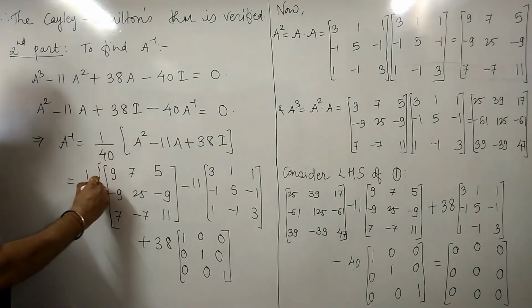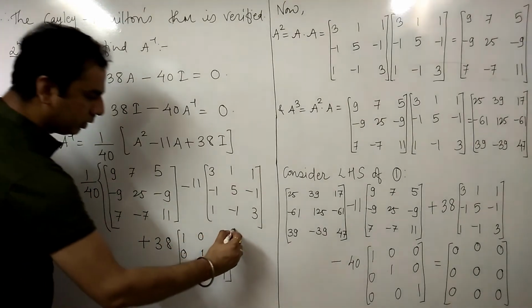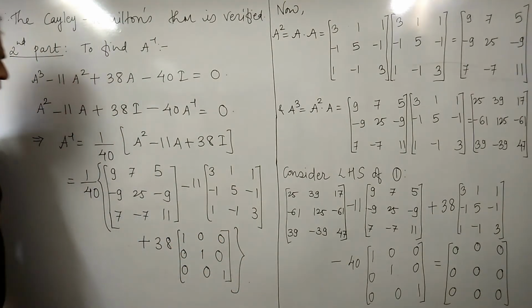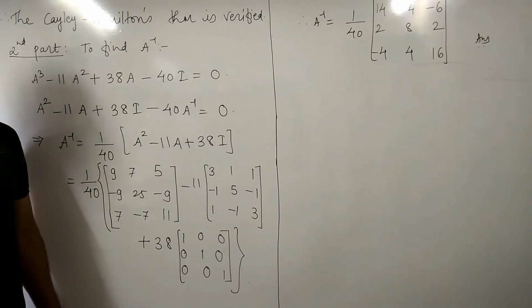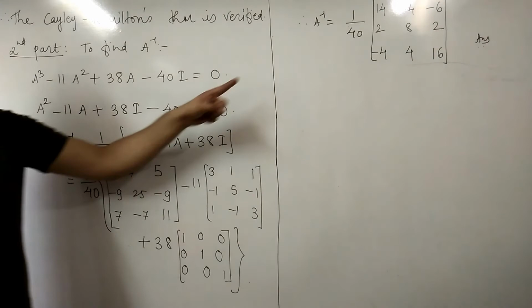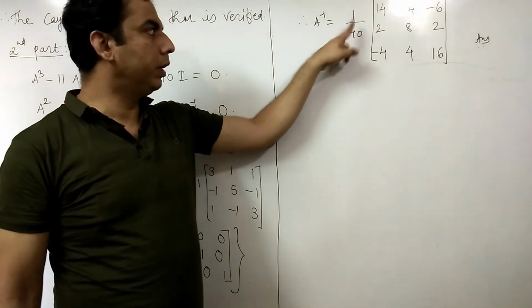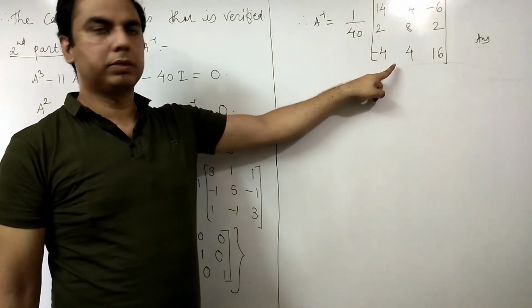So 1 by 40 times this equation will give you the value of A inverse. And solving this equation, we get A inverse is equal to 1 by 40 times this matrix,